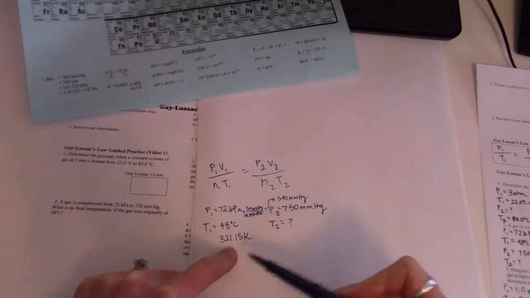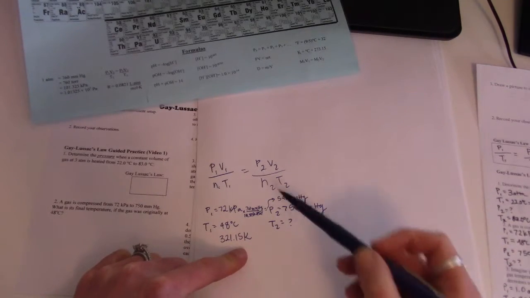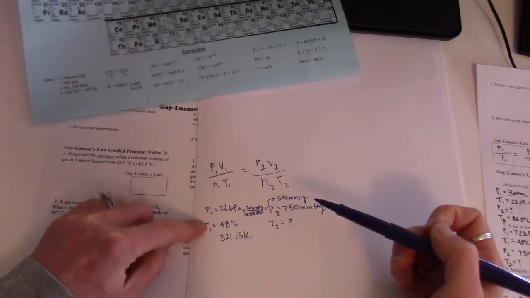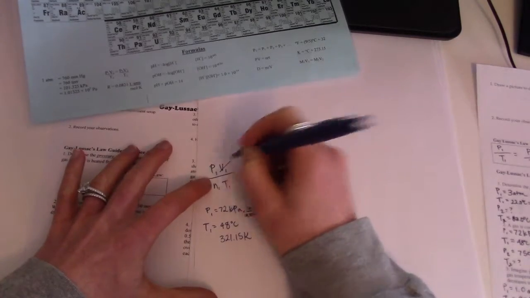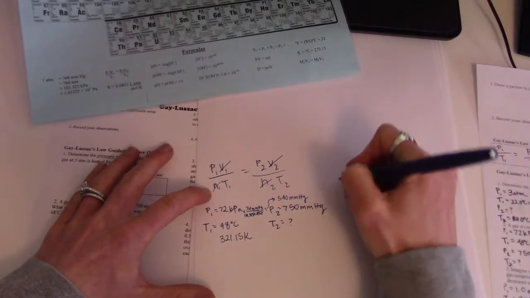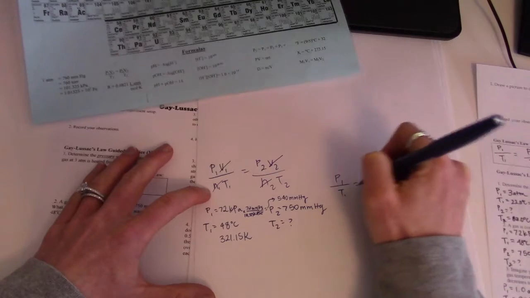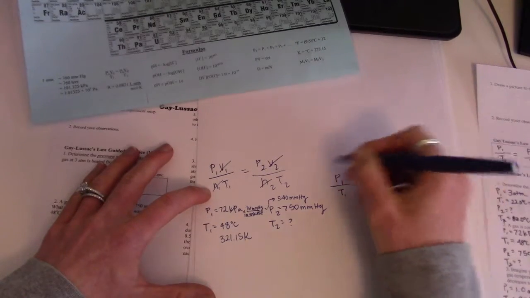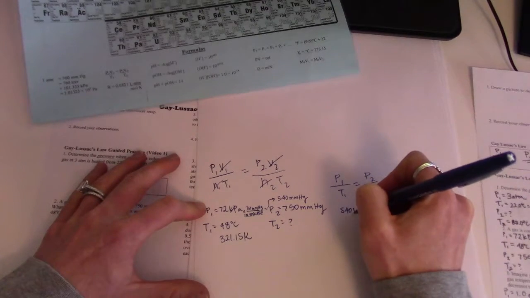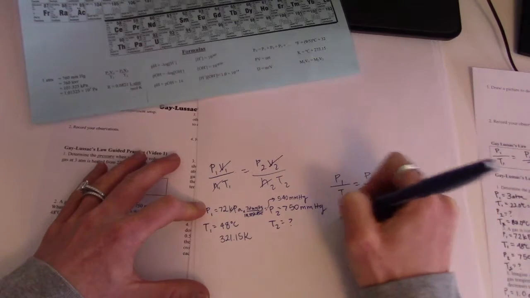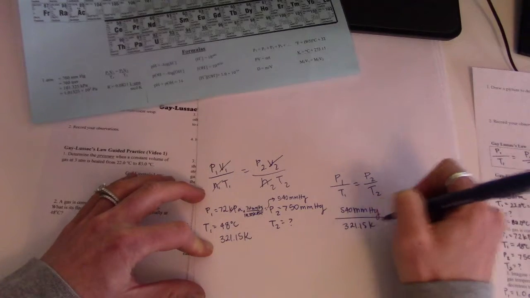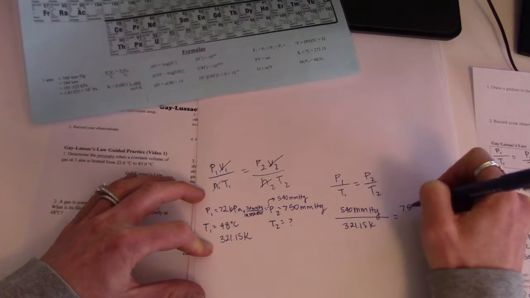All right, so now we've got our units matching. We've got this guy in Kelvin. We can now go ahead and plug in. We started with this combined gas law, but we are just using pressure and temperature, so volume is staying the same, which means I can cancel it out. Number of moles is staying the same, which means I can cancel it out. And so I'm just going to have P1 over T1 equals P2 over T2. Remember, that is Gay-Lussac's law. And now I'll plug in. So I have 540 millimeters mercury over 321.15 Kelvin equals 750 millimeters mercury